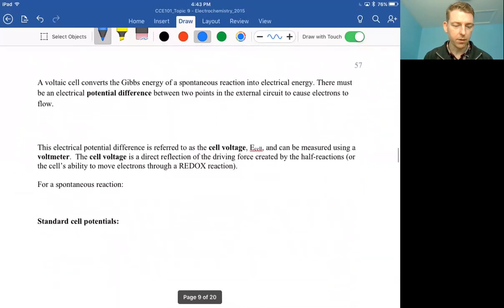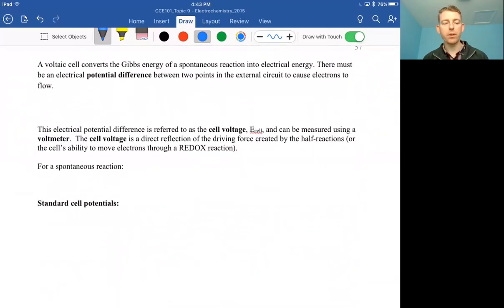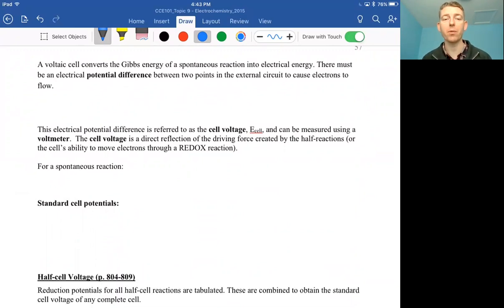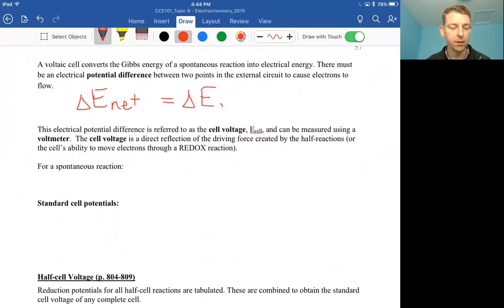Moving on, so what are we doing here really? What we're doing is taking the Gibbs energy of the spontaneous reaction and using that for electrical work. We've already said the Gibbs energy is a measurement of work. So this is telling us how much work we can do with the reactions that we have between the two sides. If we want to think about the potential difference, the net difference in potential, we're going to use E for potential, measured in volts,